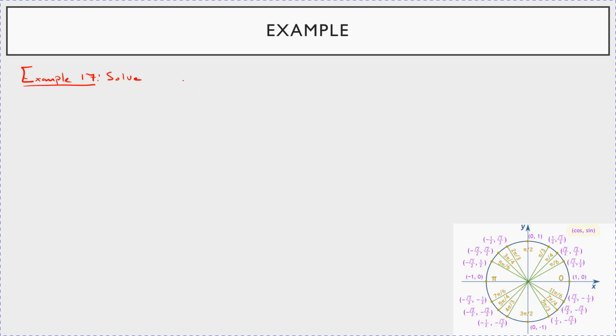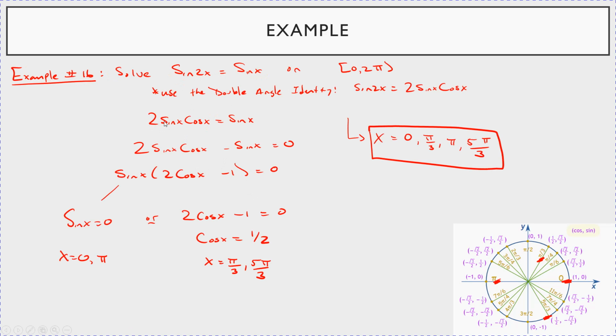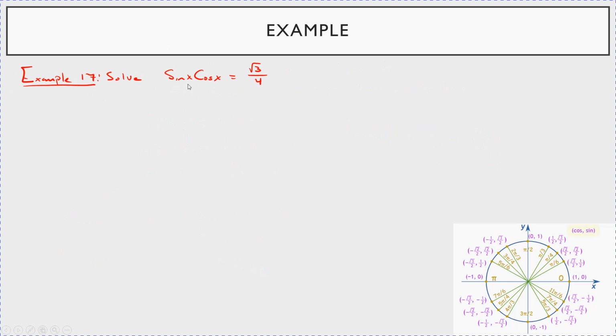Let's solve sine of x times cosine of x is equal to the square root of 3 over 4. Now look here. I know that 2 times sine of x times cosine of x is equal to sine of 2x. So let me multiply both sides by 2 here. So I have 2 sine of x times cosine of x is equal, when I multiply this by 2,